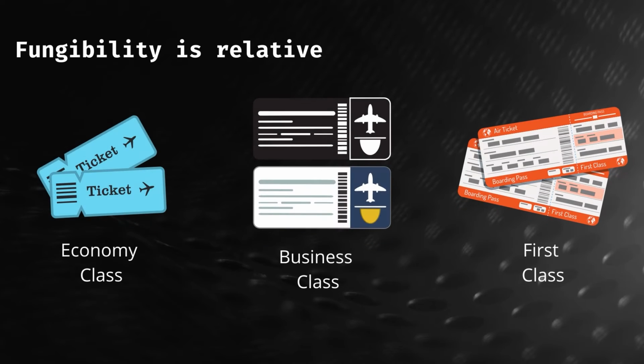Further, we can realize this fungibility to be something relative or also subjective. Let's take an example. When we compare fungibility across multiple things, we can find fungibility to be relative. So let's see economy class, business class, and first class flight tickets. Each of these tickets is roughly fungible within each class. But you can't fairly swap a first class ticket for a business class ticket, or can you?